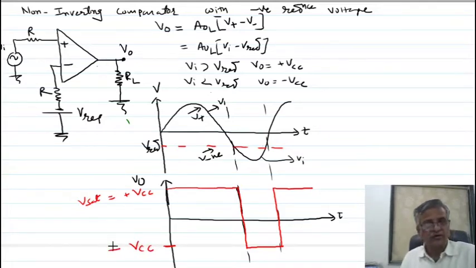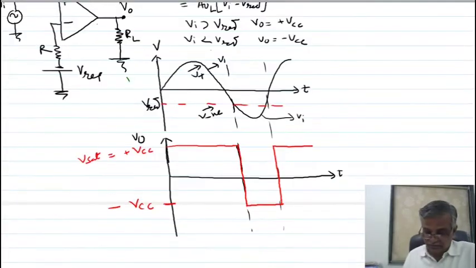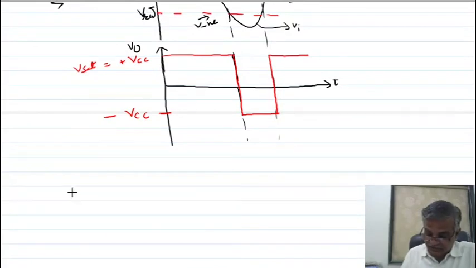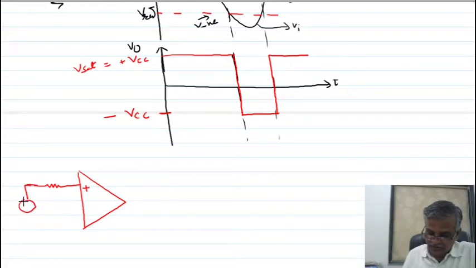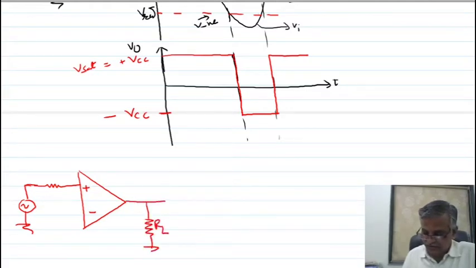So this is about the non-inverting comparator with the negative reference voltage. In practice, generally such a circuit is there for a non-inverting comparator with positive or negative reference voltage. They are keeping such a circuit in which the reference voltage they are giving with the help of a potentiometric circuit.